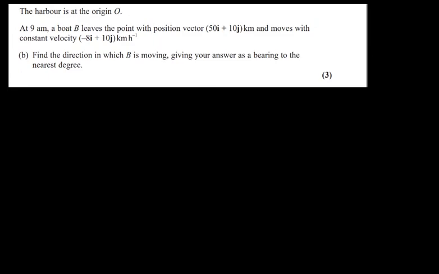So B was somewhere here. This was the position of that particular point. We don't need to worry about the position. From this point it was moving 8 units to the left, so this is a negative 8, and 10 units up. So now B is somewhere here, and this is 10 units up. We need to get this angle here. So that angle theta is going to be given by tan inverse of 10 over 8, which gives you